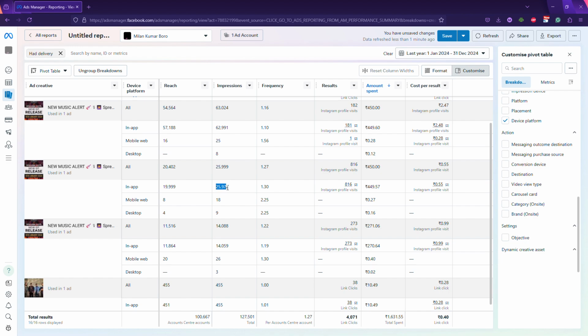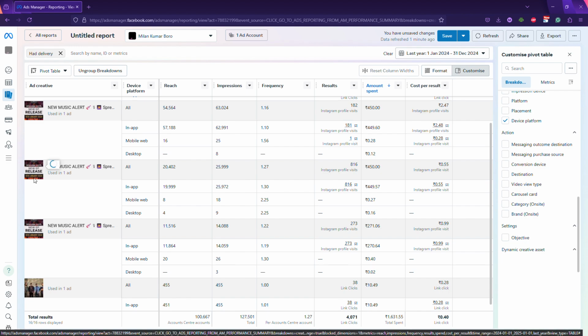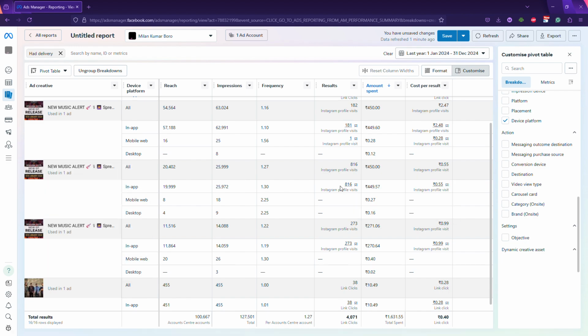There were 25,972 impressions, as in impression is where our ad is shown. Reach is how many people are interacting with it. Maybe they stop. Even if they stop, even then it has reached them. If they click, then after they click, it takes them to the Instagram profile. For this ad instance, in this case example of this ad,